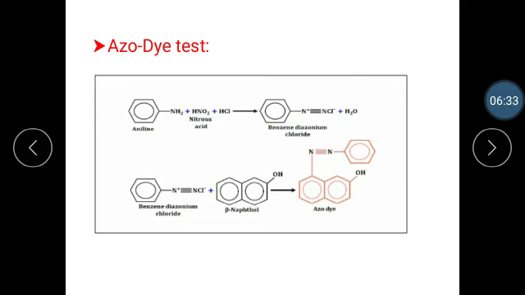Now add sodium nitrite solution to the organic compound in test tube A. Primary amines on reaction with nitrous acid formed from the sodium nitrite and HCl give diazonium salt. The resulting mixture is added to the contents in test tube C, which contains beta-naphthol solution. The diazonium salt undergoes coupling reaction with beta-naphthol to form red-orange color.